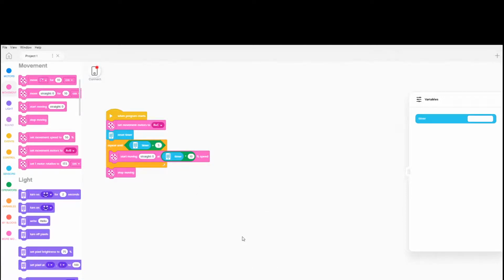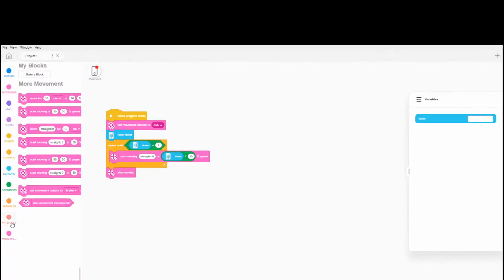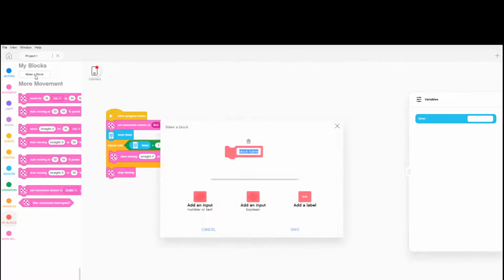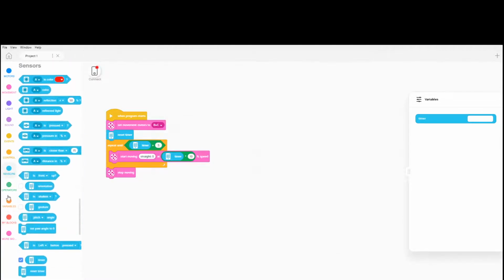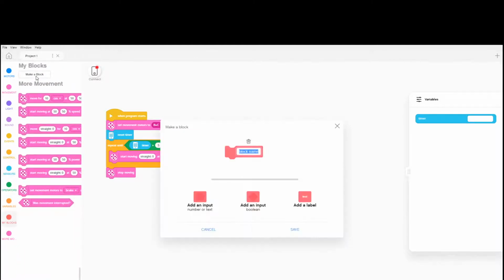And now, to turn this into a MyBlock, you're going to go down into MyBlocks, and then you're going to click up here, Make a Block. So it's going to have this pop up, and then there's going to be 3 different things right here. Add a label, add an input, and then add an input. This one is a boolean, and then this one is number or text. There's a small difference between a boolean and a number or text, so I'll go ahead and show you that difference right now. It's not really that important, but these are the booleans, and then these are the inputs or values. So let's go ahead and go back to Make a Block, and then let's go ahead and name it